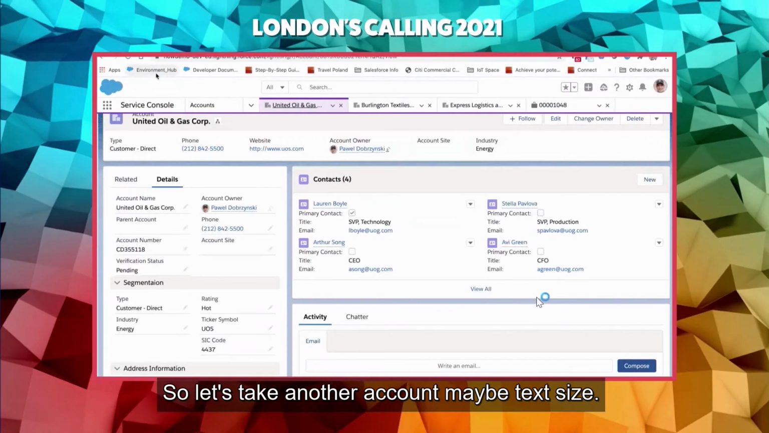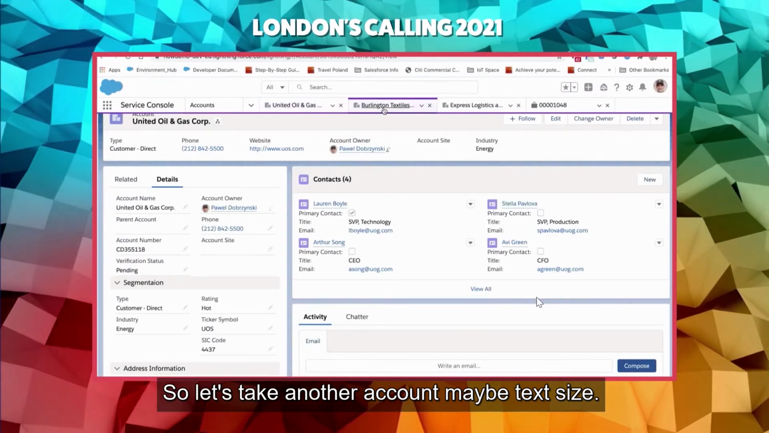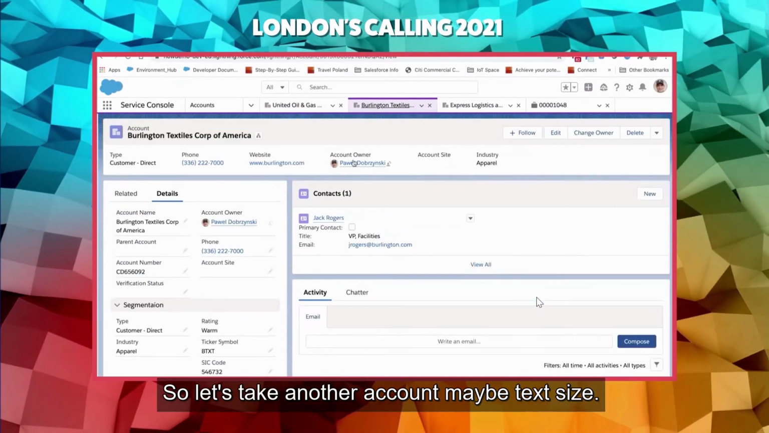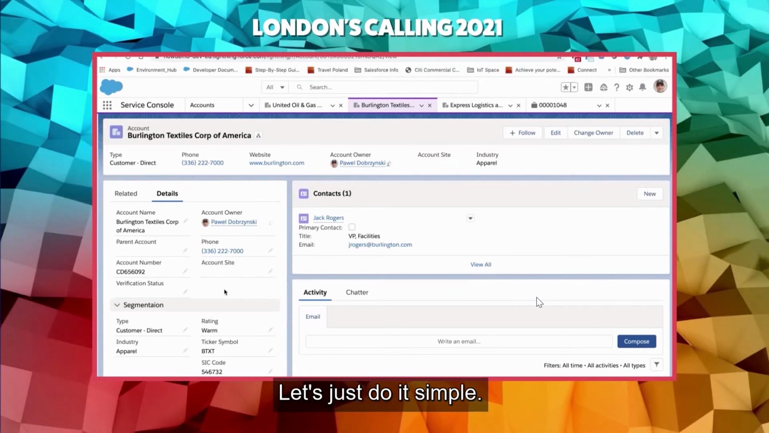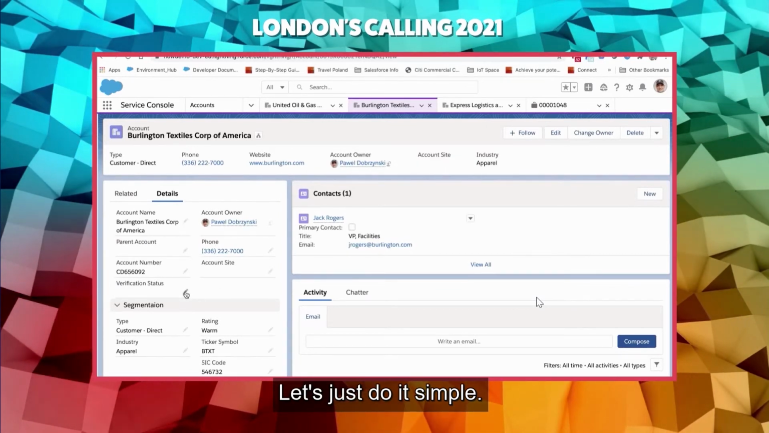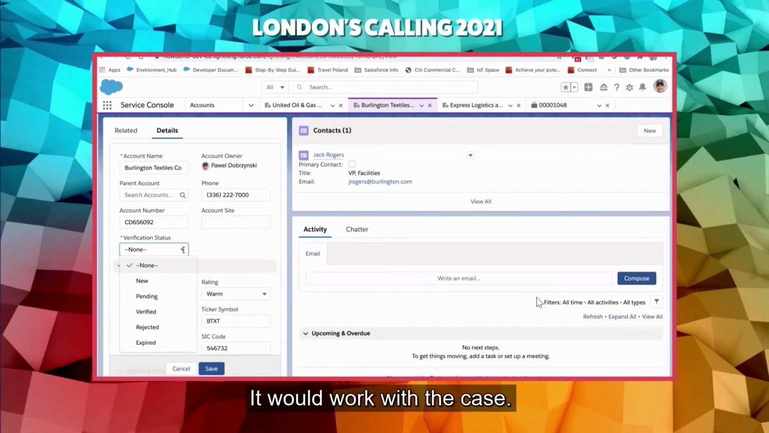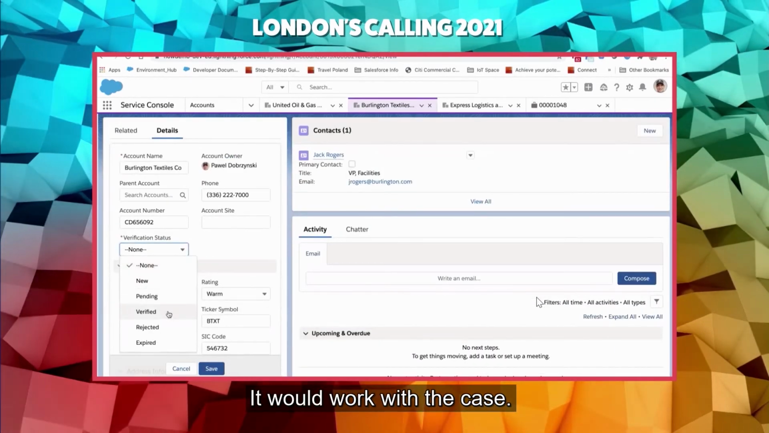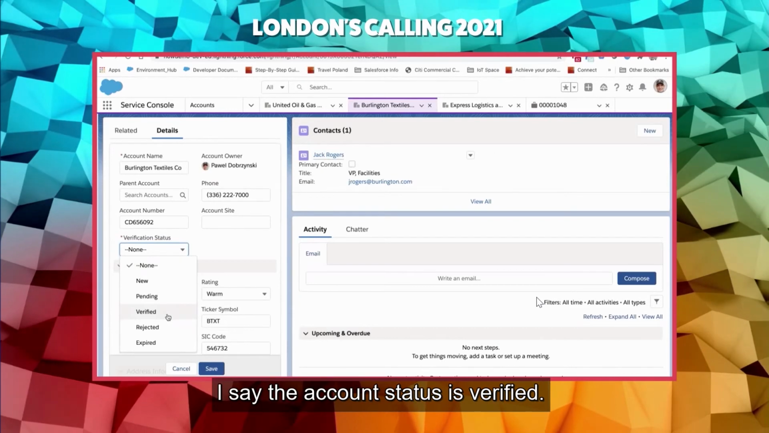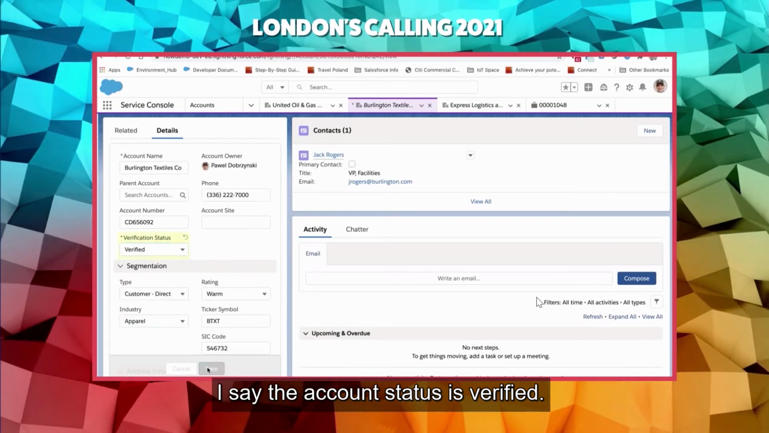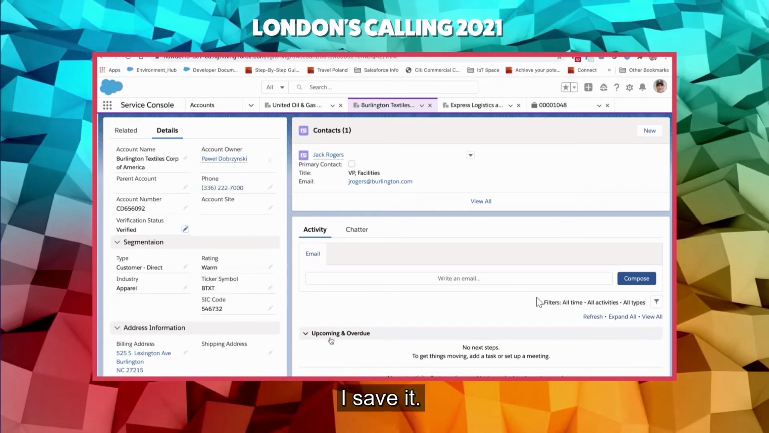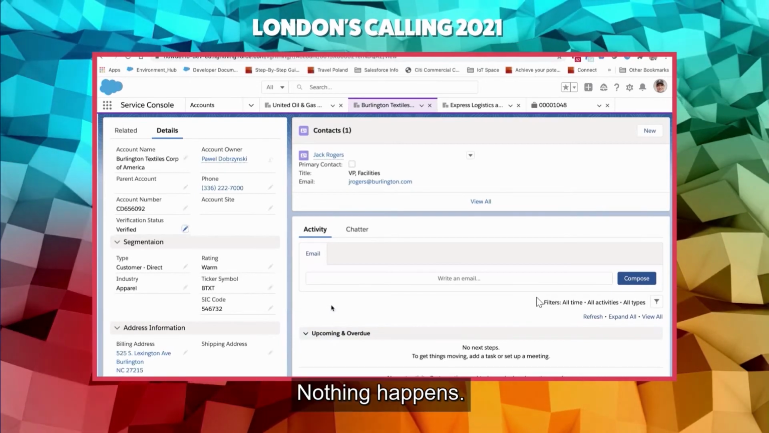So let's take another account, maybe Berlin Textiles, and let's just do it simple without the case, but it would work with the case. So I say the account status is verified. I save it, and nothing happens. But